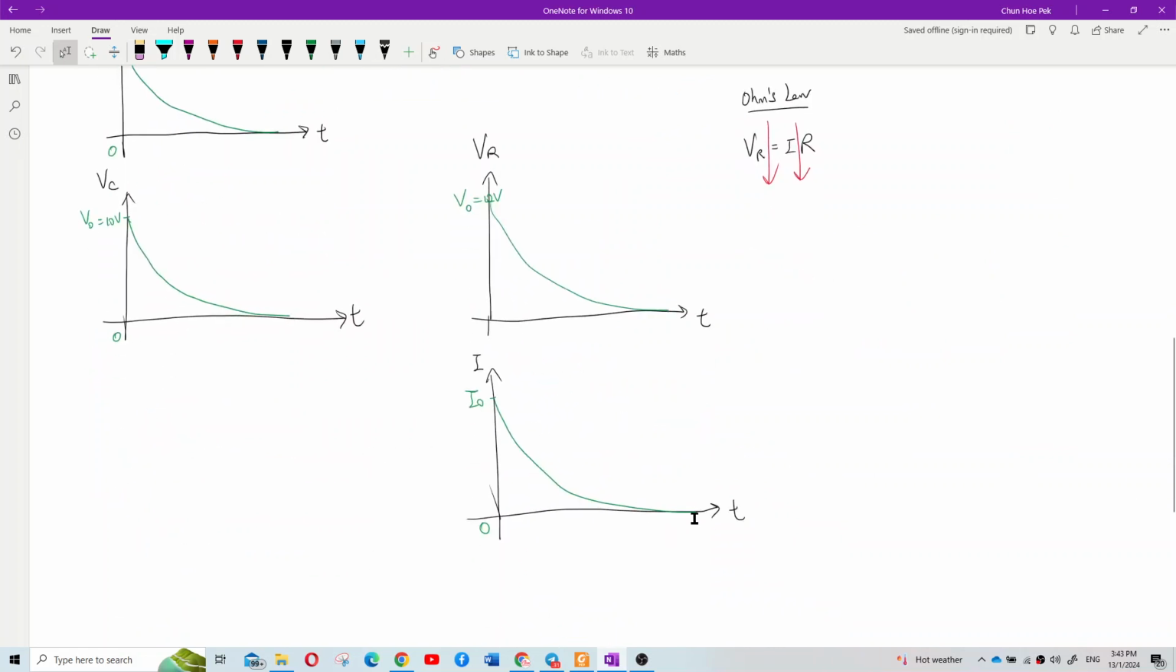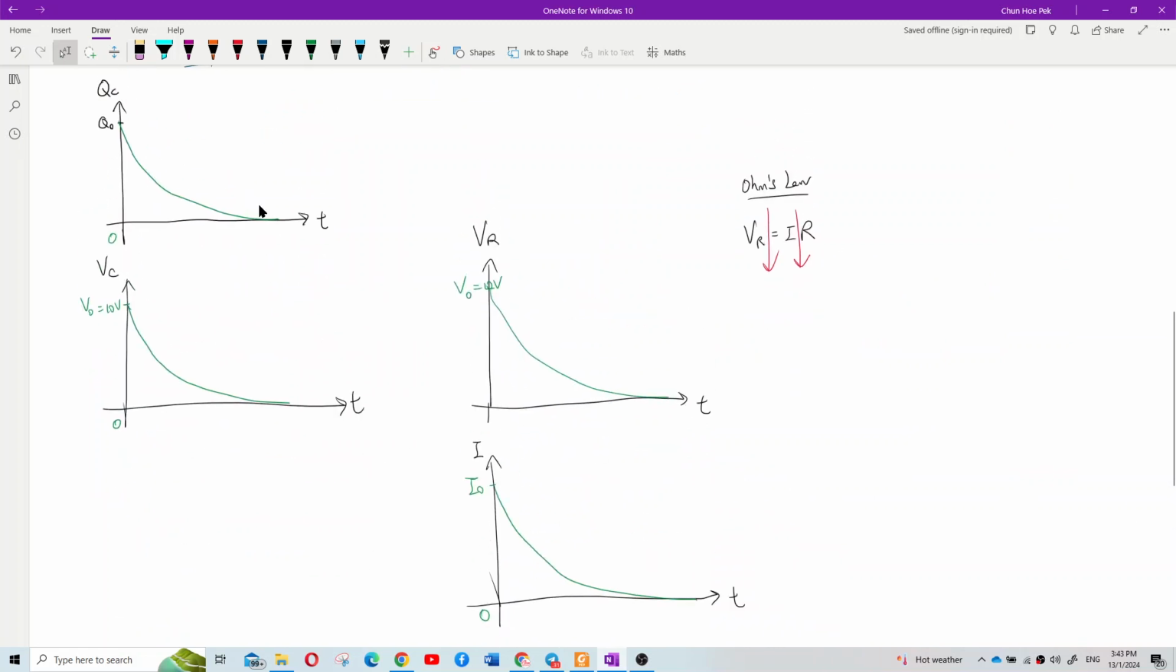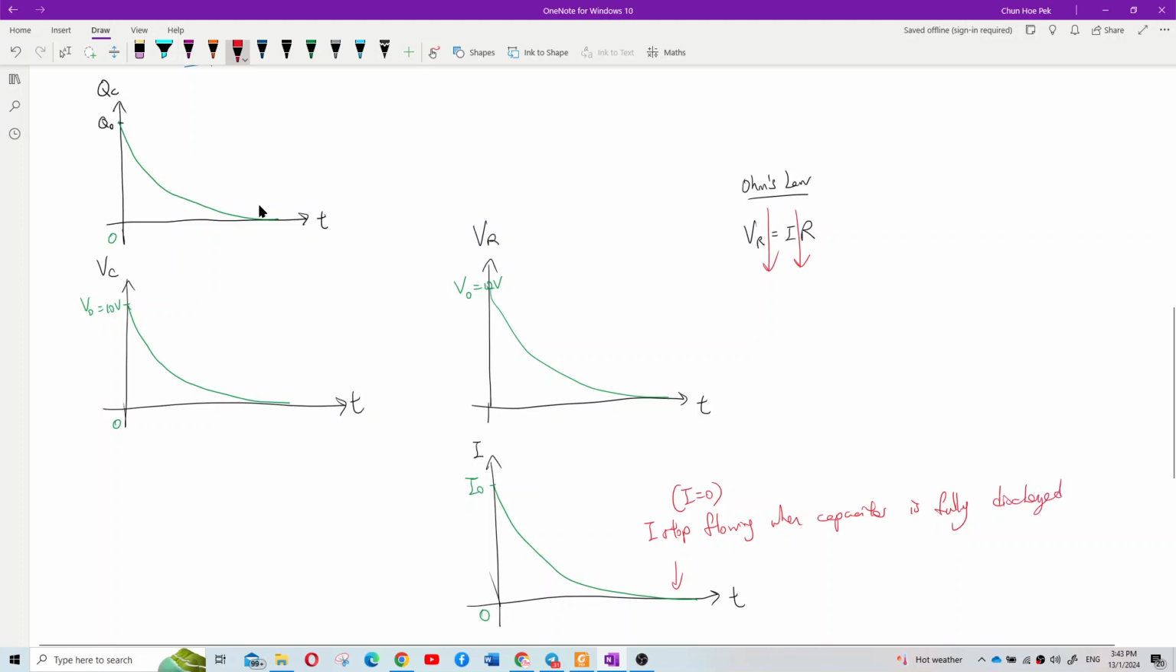So current also becomes zero. That means current stop flowing. I equal to 0 when capacitor is fully discharged or neutralized. No more charge to discharge. It's fully neutralized. No more current flow. Stop flowing. Okay, so remember,